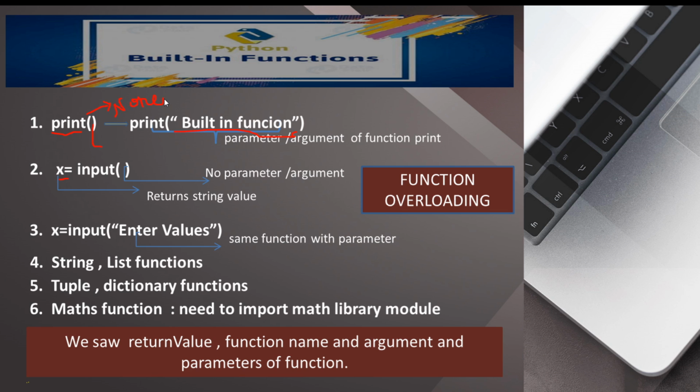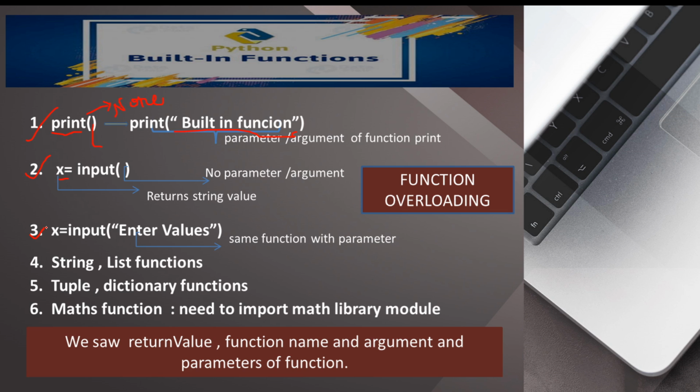And in this slide you also saw how to call a function. Basically we are calling functions here. These statements are known as function calling statements, where we are just using the function for our purpose. Print is used to print any statement, input is used to get input from the user. So we are using these functions for our purpose, to get one input or to print outputs. So these are just calls of the functions. These functions are defined somewhere. These are the standard library functions. These are defined inside the built-in module, so we need not import it. It is imported by default, and so we can use it.